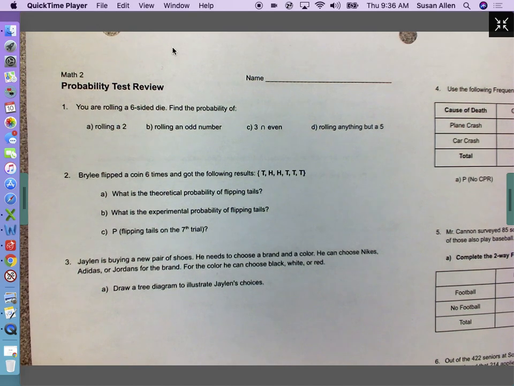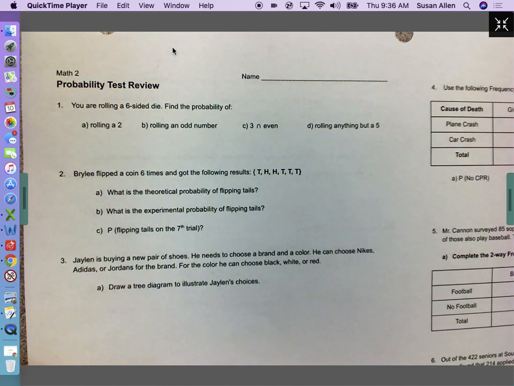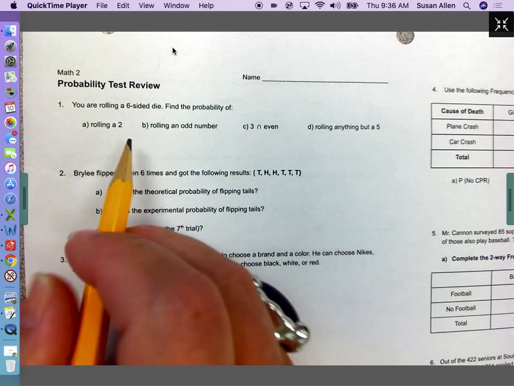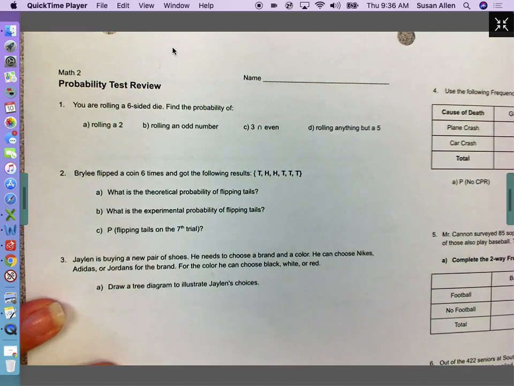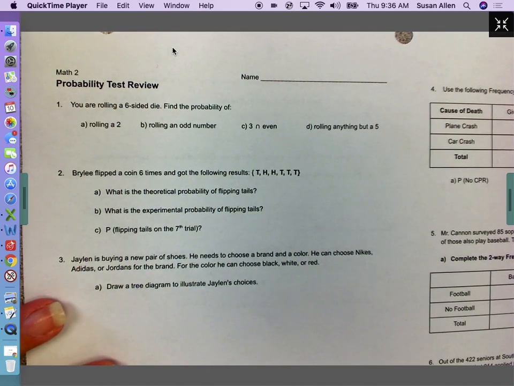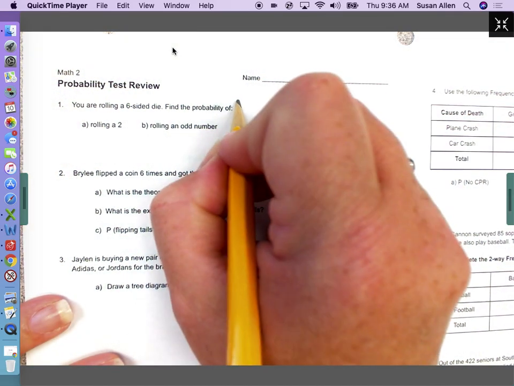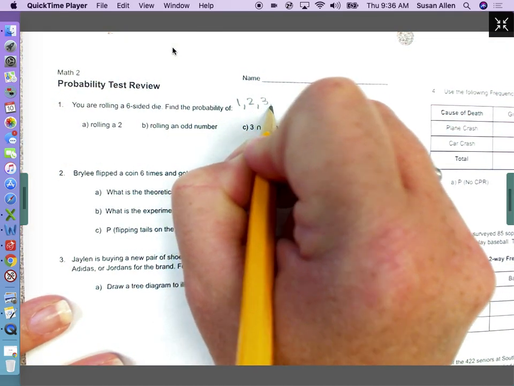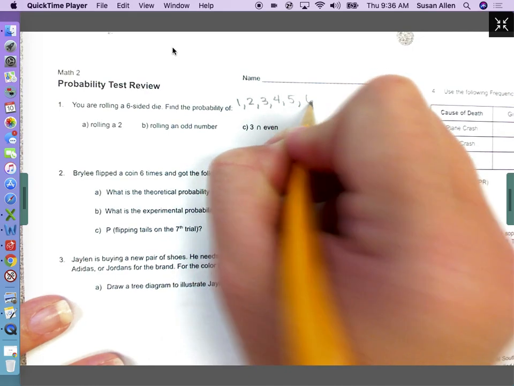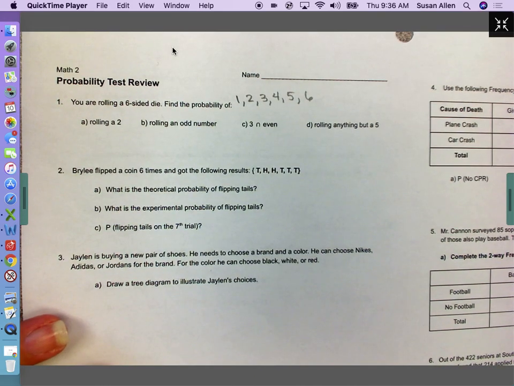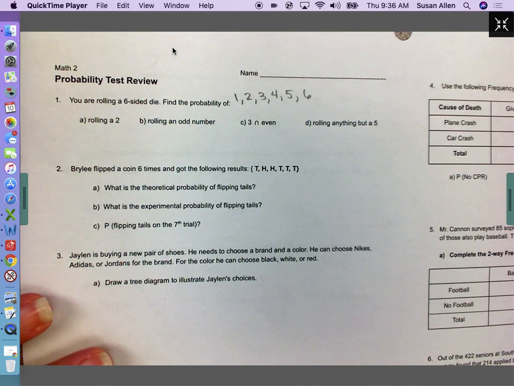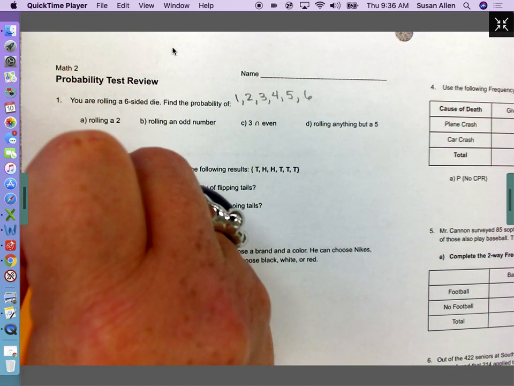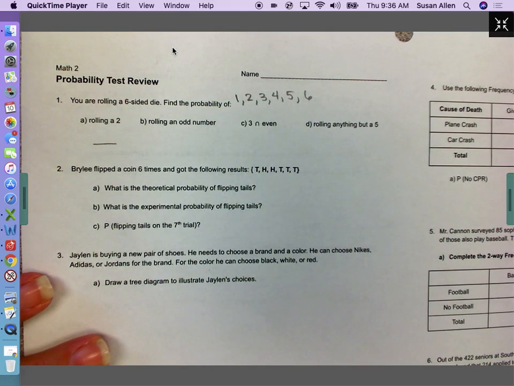Going over the answers to the probability test, Unit 2 test for Math 2. For number 1, you are rolling a 6-sided die and you have to find probability. Your outcomes are that you can roll a 1, a 2, a 3, a 4, a 5, or a 6. Those are your 6 possible outcomes. The probability of rolling a 2, remember probability is always a ratio, so all of your answers for every probability,